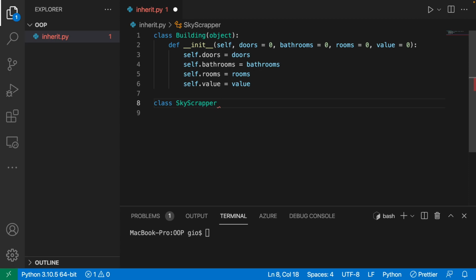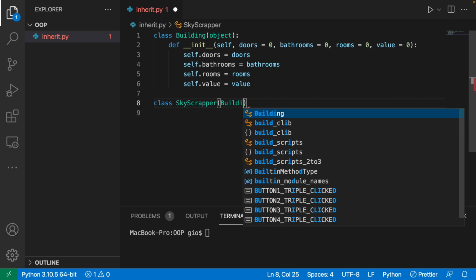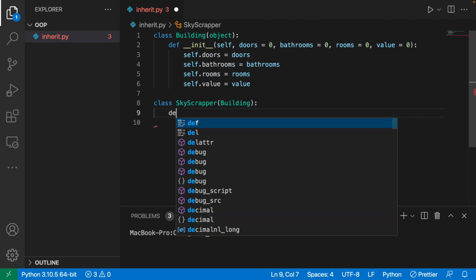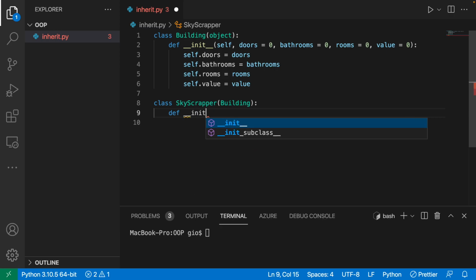And then what we got to do is open up the parentheses here. And now we got to pass what we're trying to inherit from within these parentheses. So I'm trying to inherit from the base class of building. And now I should have access to the attributes that were defined in this base class. So what I'm going to do is define a constructor using init. And I'm going to open that up, provide self,